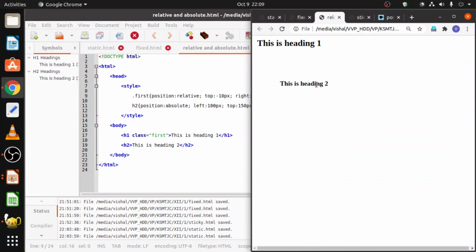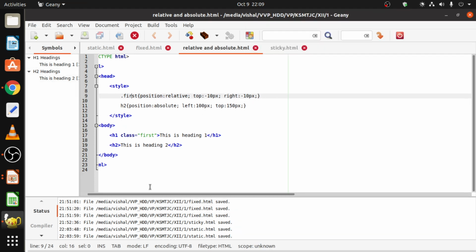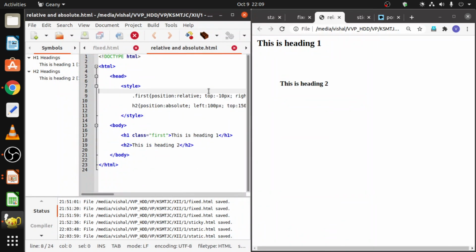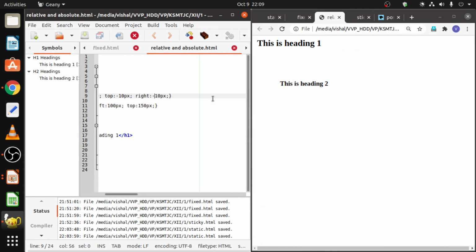Relative, if we can see, this heading H1, this is heading. So first, position relative, top -10 pixels and right is -10 pixels. So if it is made 0, that would be the default position. So let us make it like that